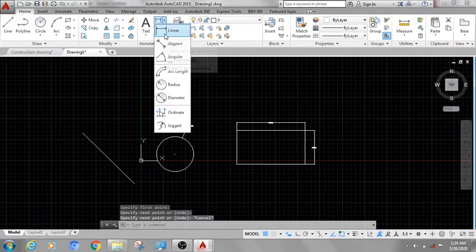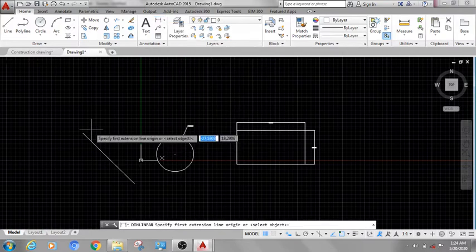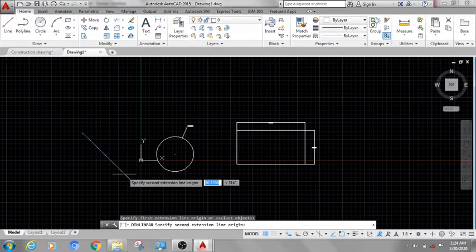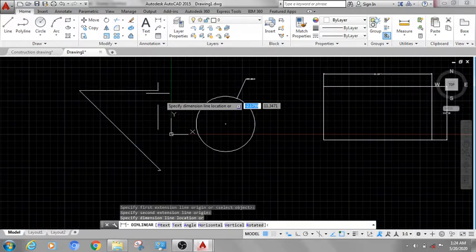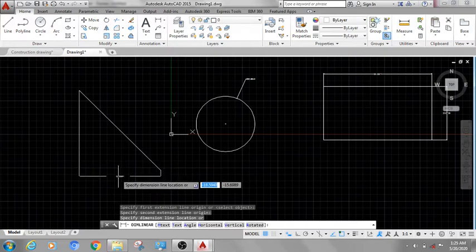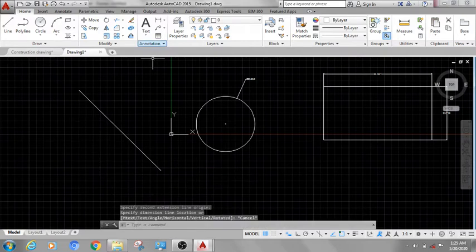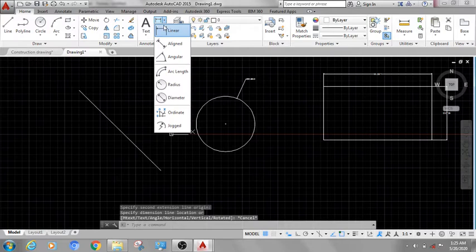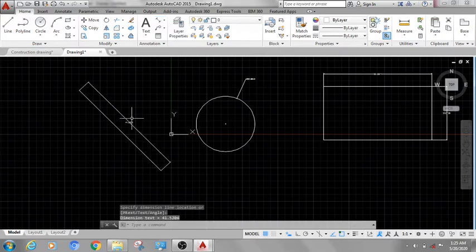If you are using linear, you can see horizontal and vertical dimensions, but this is not the correct length for this line. So for that we can select align, parallel to line. Now this is the correct length of this line.